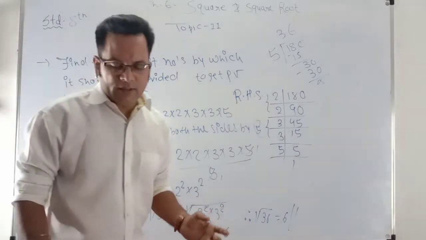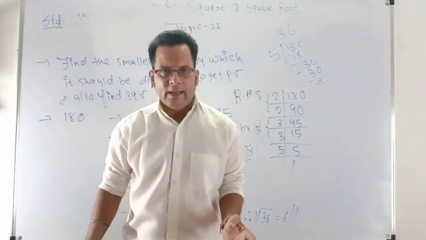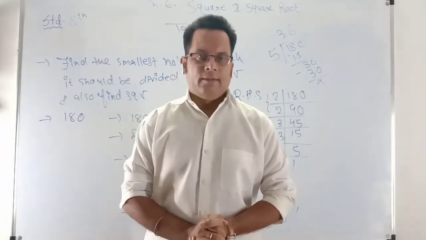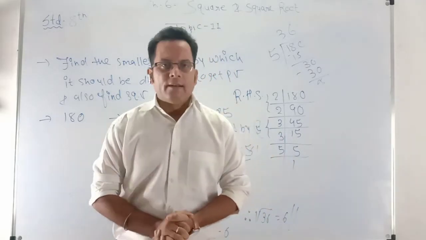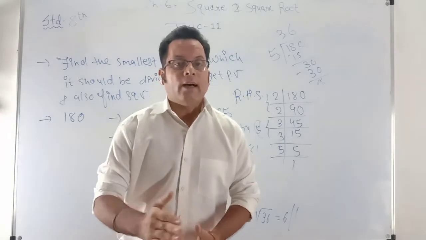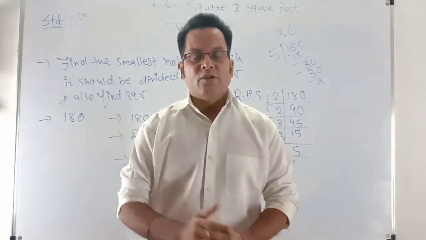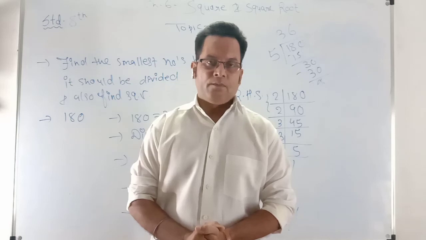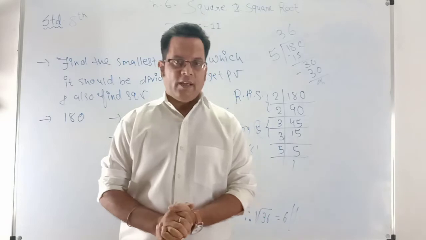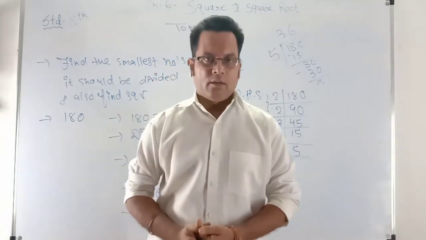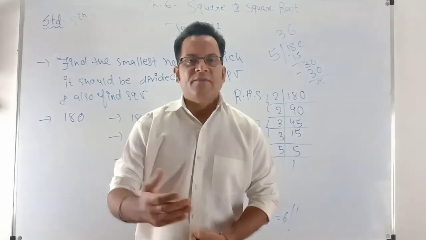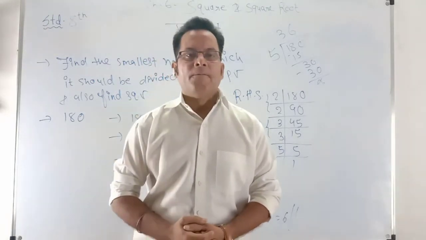So this is called, students, the division method, right? Now see, we have covered all the concepts, all the patterns in this video. We started by understanding the terminology. What is square? What is square root? Square means you multiply the number by itself. Suppose 4 is given, so 2 square is 4. 25 is given, so 5 square is 25.